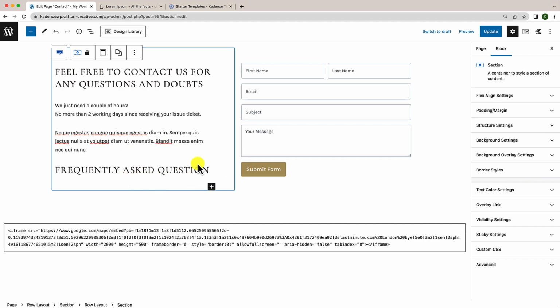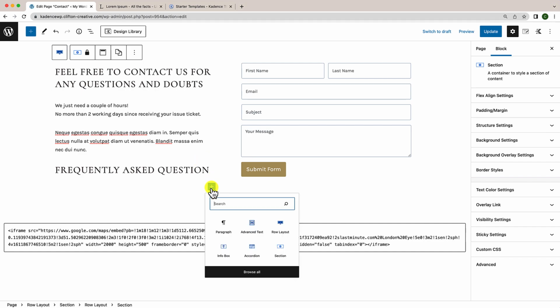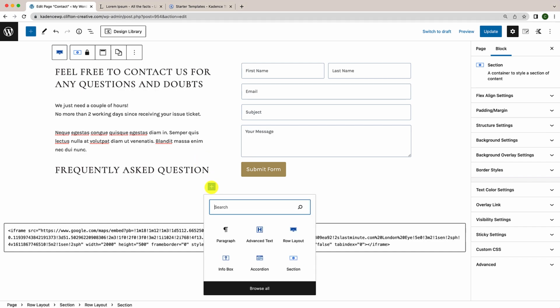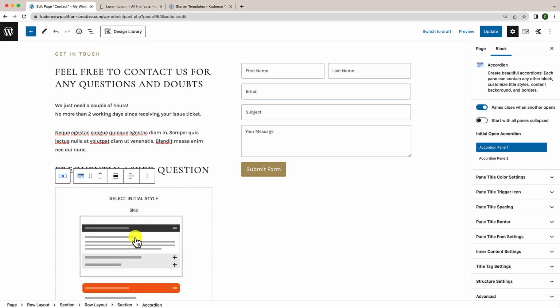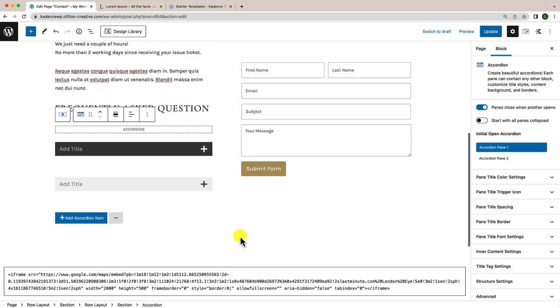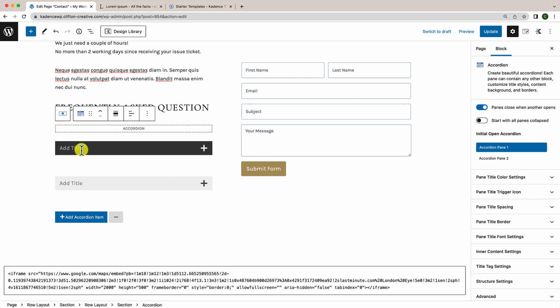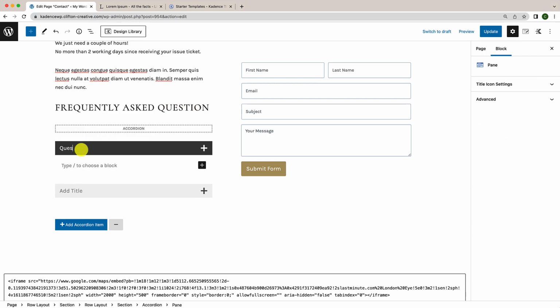So a good sampling of content could be frequently asked questions. I'm going to click on the plus sign over here, and do a search for accordion, which is what your FAQs are usually made out of. And here's the accordion block from Kadence. I'm going to select that, and I'm just going to select the first style that they have. Okay, so here's our accordion, and we can just call this one question 1,